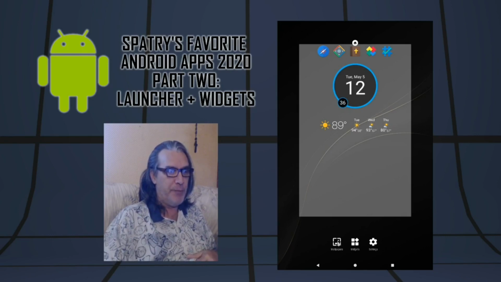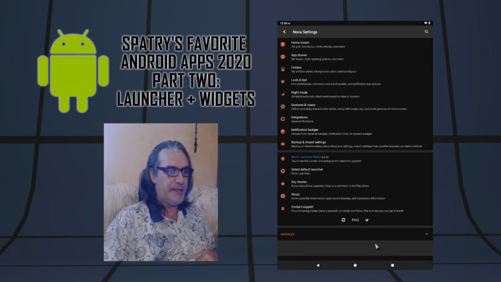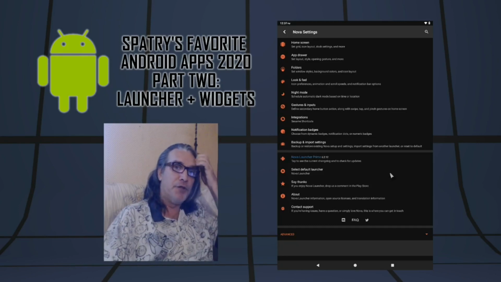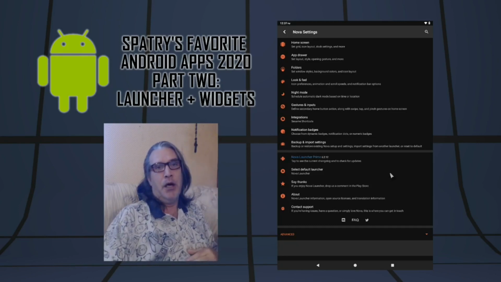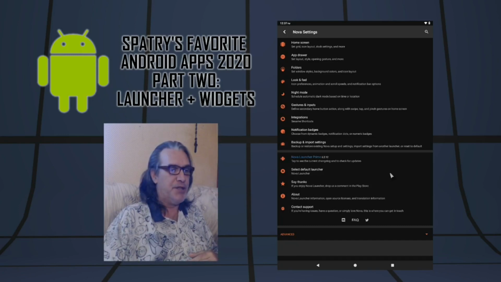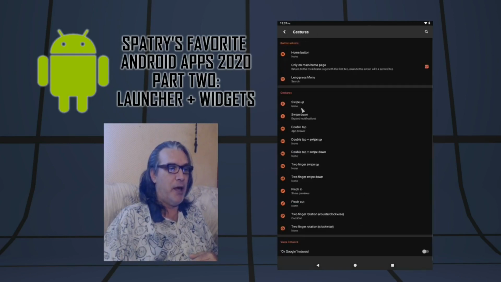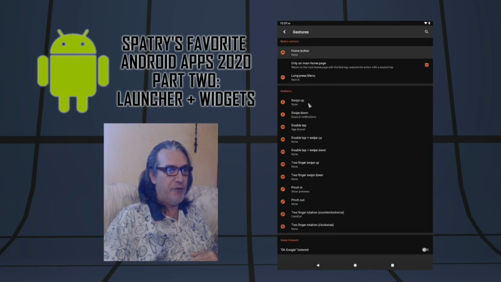You have the ability to change your wallpapers, your widgets, and your settings, and there are a multitude of settings. Now, the Nova Launcher is free. However, if you want the advanced features, you're going to need to ante up a little bit. It doesn't cost that much for the Prime version, which is what I'm running right now, and it's well worth it for the extra features, such as extra gestures, so you can have it open up different applications or do different things just by